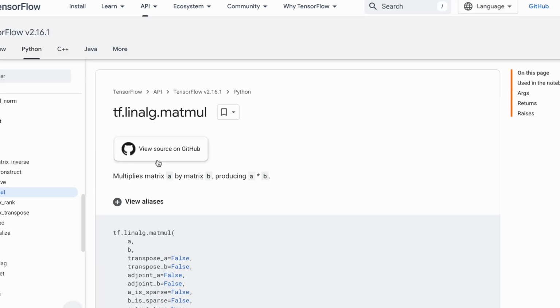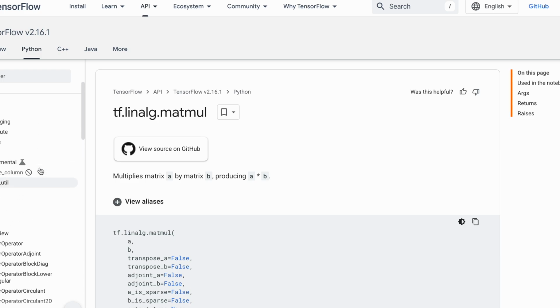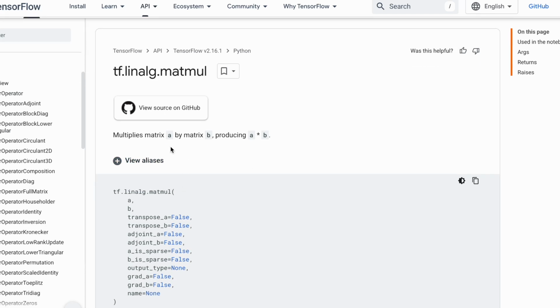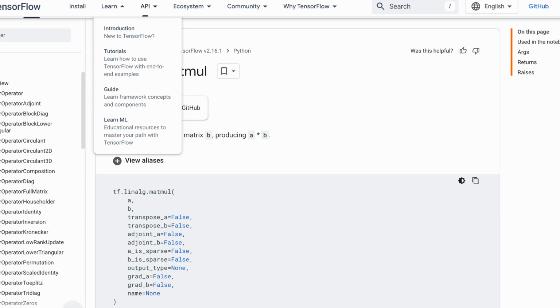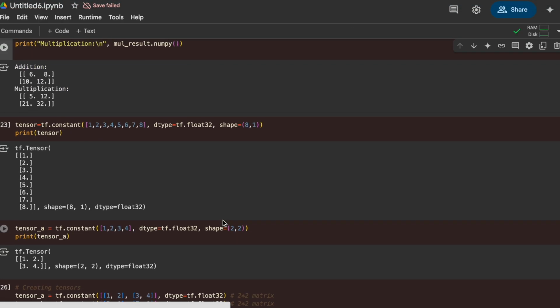Let's look. So this thing comes under linear algebra. So this is basically lin ALG, which is linear algebra. So tf.linalg, or we can also write, I think I have already done, matmul also works. So if we just go there and just try to do